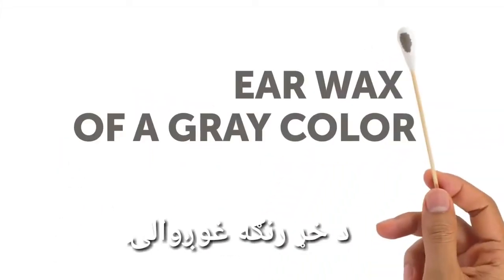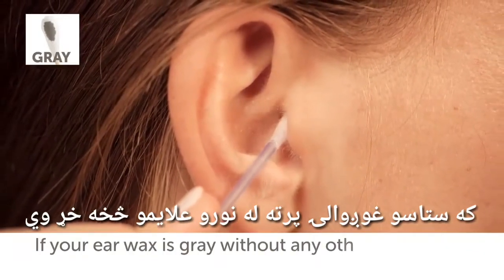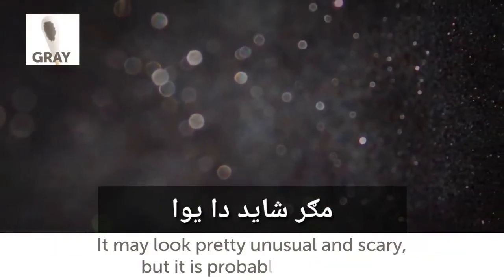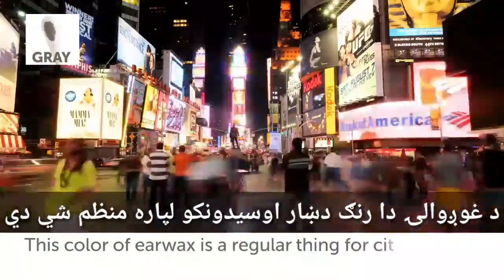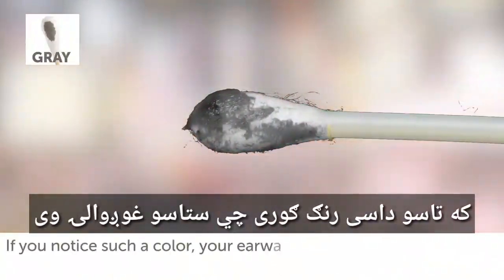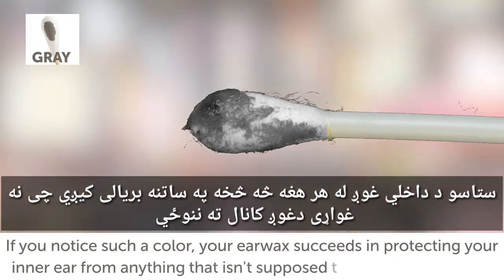Earwax of a gray color. If your earwax is gray without any other symptoms, there is nothing to worry about. It may look pretty unusual and scary, but it is probably just dust. This color of earwax is a regular thing for city dwellers because the air in cities is rather polluted. If you notice such a color, your earwax succeeds in protecting your inner ear from anything that isn't supposed to